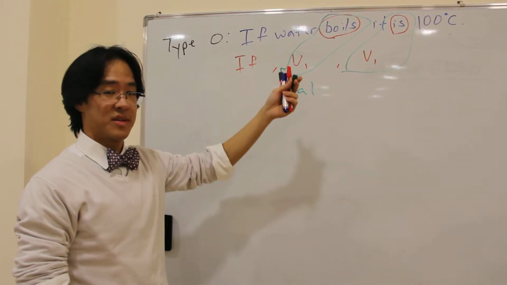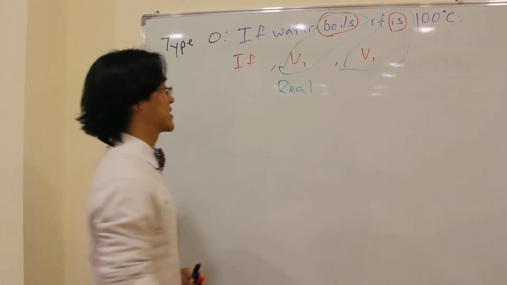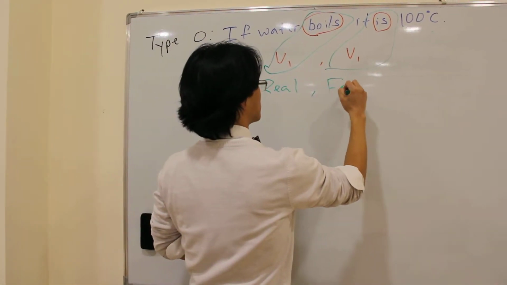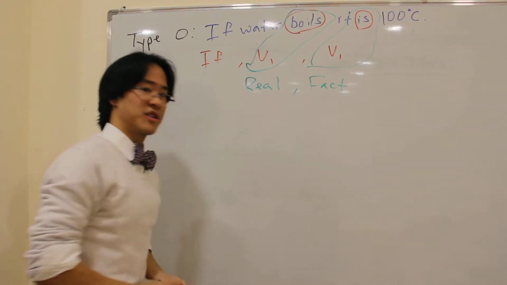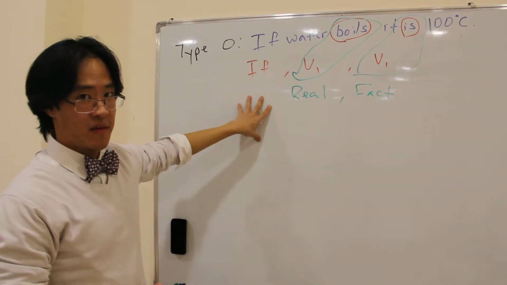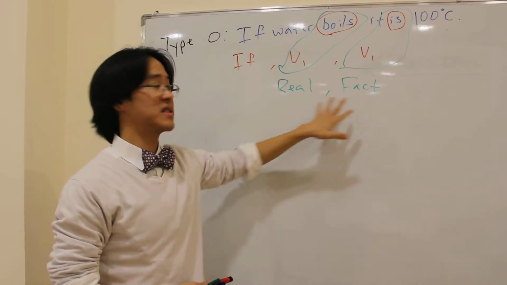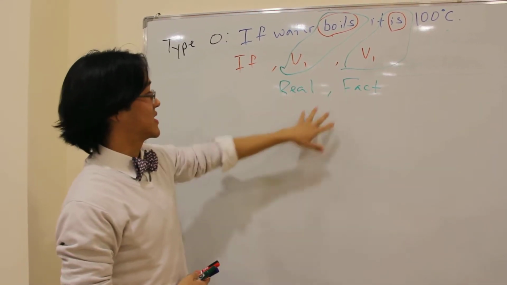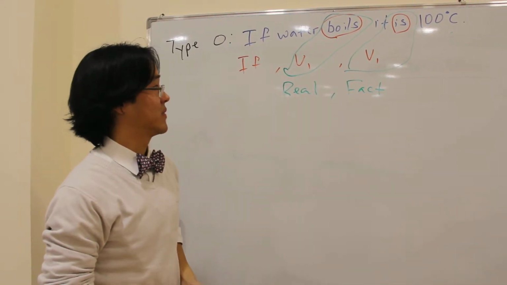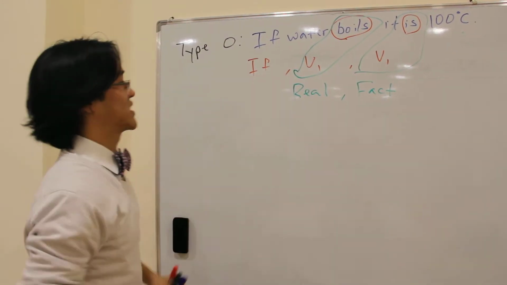Water always boils at 100 degrees Celsius. So, if you use this kind of if clause, what you are saying is that this is a fact. This is something that is always real. Now, if you were to look at this on a timeline,